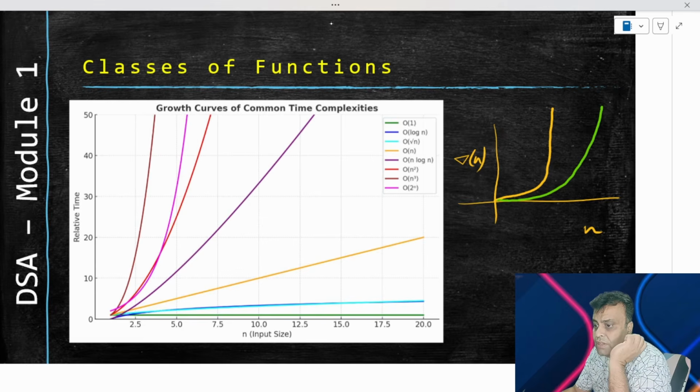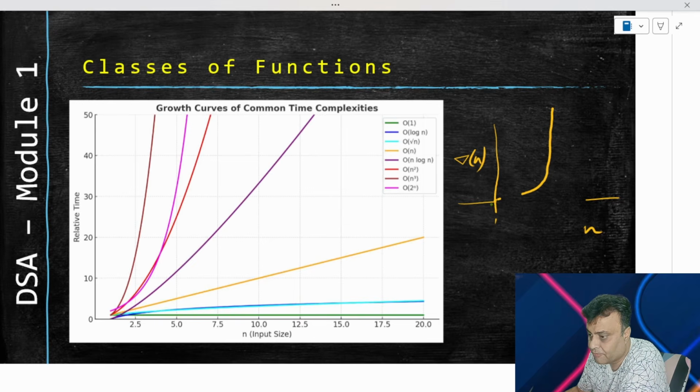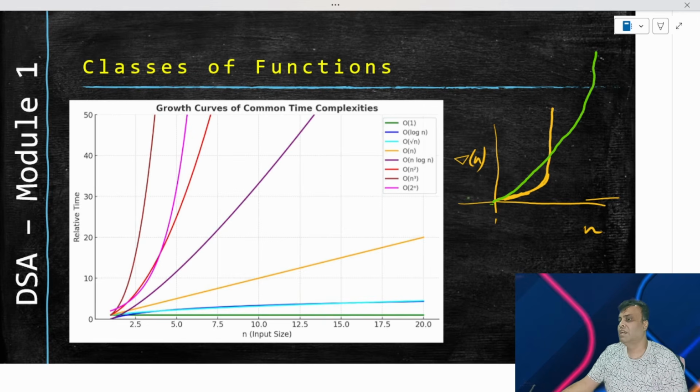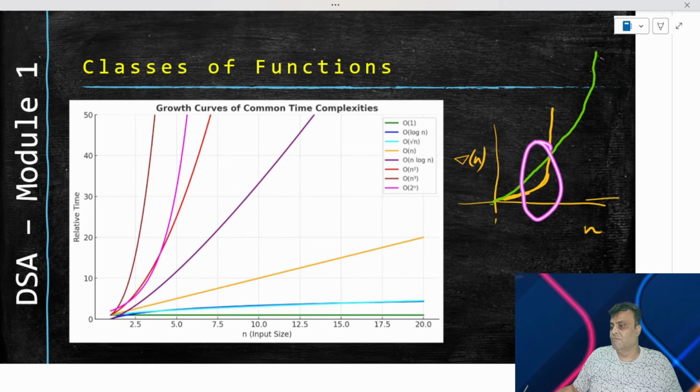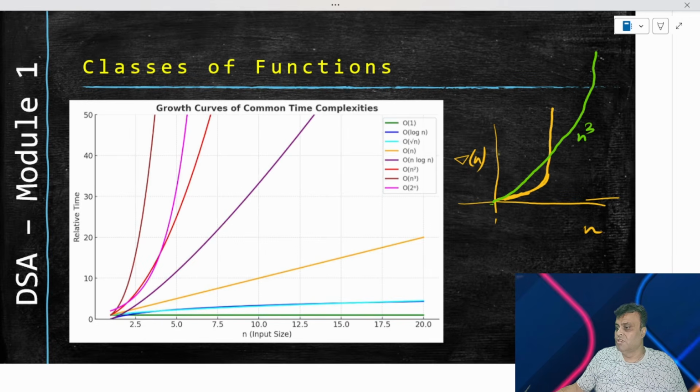right? So in fact, this might not be correct. Let me draw it one more time. So this is your 2 to the power n. It is stable when n is small, and suddenly spikes when n crosses a particular amount. However, n cube is going to go like this, right? So that's how it will go. So at some point here, we have the value of n where n cube is going to be beaten by 2 to the power n,